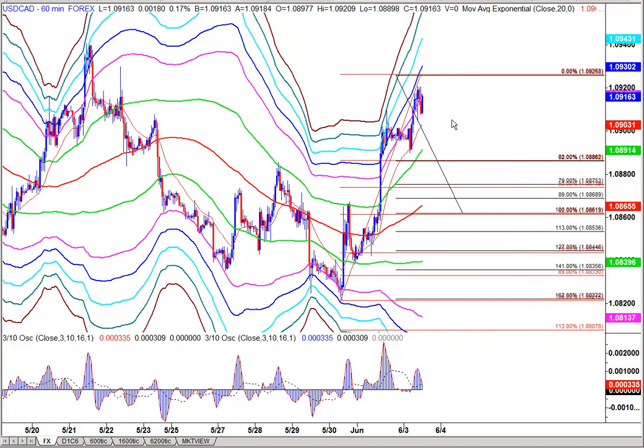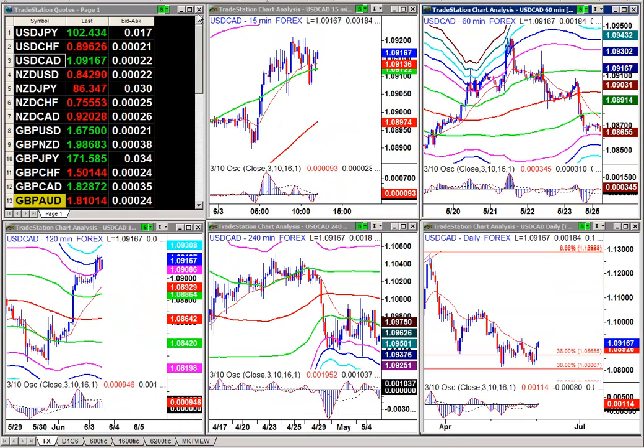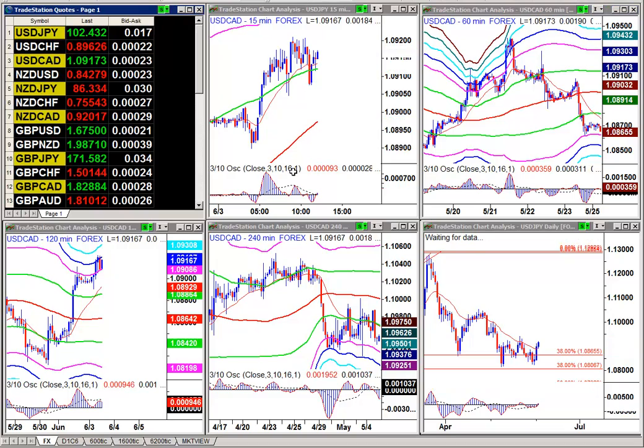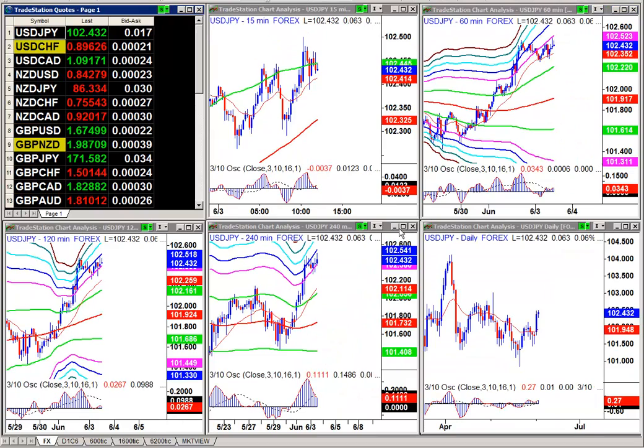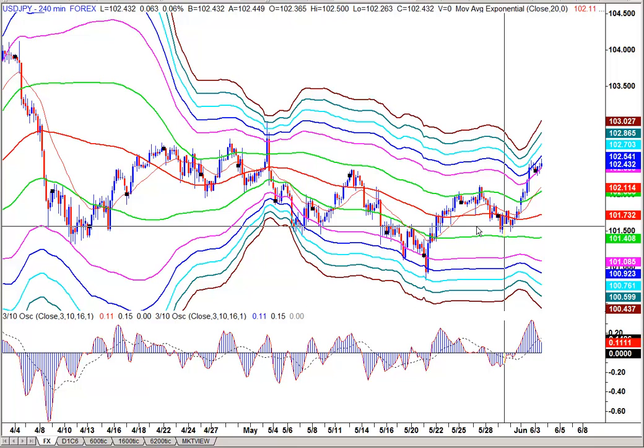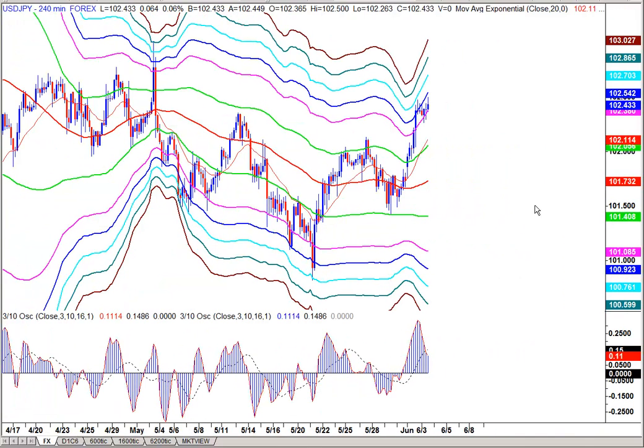Let me show you a trade we did the other night on, so that's what we're looking at on the Canadian dollar. If you recall the other night, we had a trade that we did. It was in the Japanese yen. What was I looking at? Now, we had multiple trades going on at one time, and I'm going to show you the Japanese yen. I'm also going to show you the GBP that we did. This also,